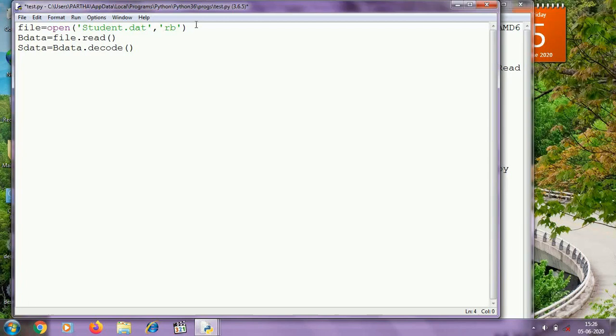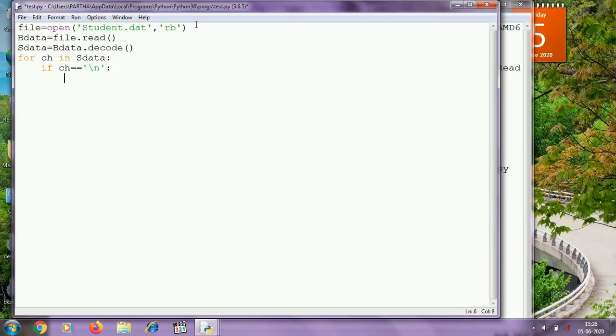Then I am going to iterate over the string s data to get the characters one by one, and now I am going to check whether ch contains \n or not.